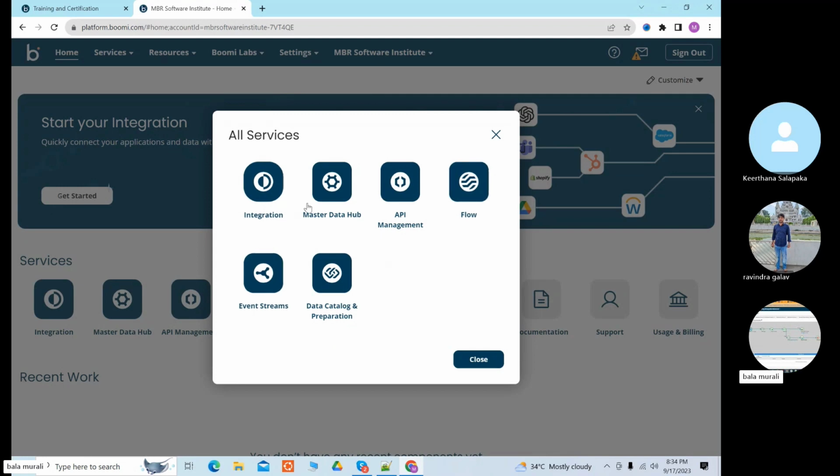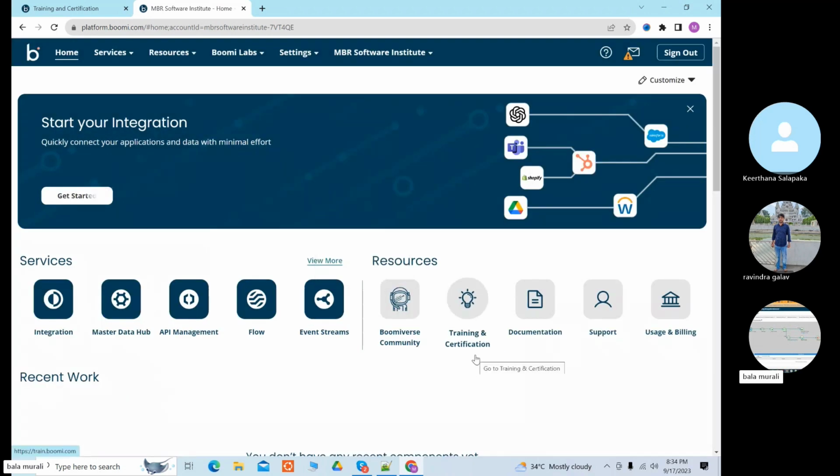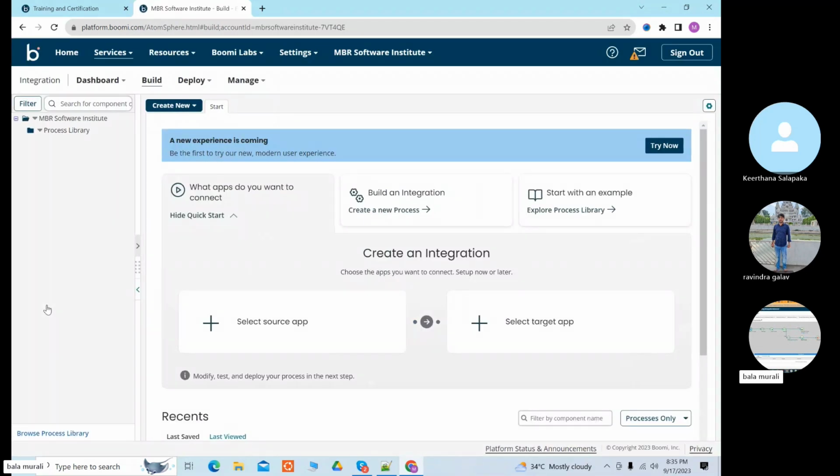I don't know about this flow, master hub, and all these things. I don't know whether EDI is used here or not. When it comes to EDI, we'll be using it in integration and API also. And for any automation and everything also, we'll be using this EDI. Okay. So we have to select integration. The integration part is selected. A new one will be displayed here.